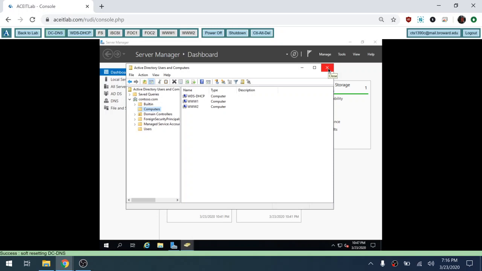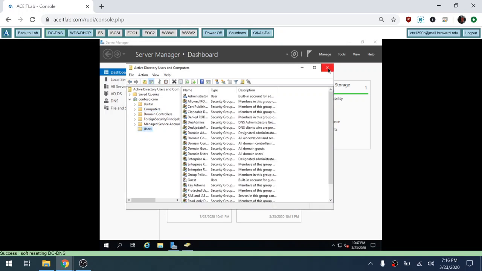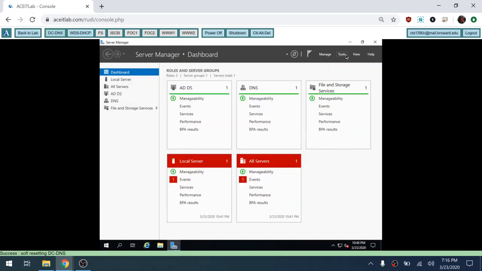Now I'm going to close this. By default, a normal user account, and remember, join domain is nothing special. It's not a domain admin. It's just an unprivileged user account. If someone hacks that account, they won't have a lot of things they can do. So what we're going to do is